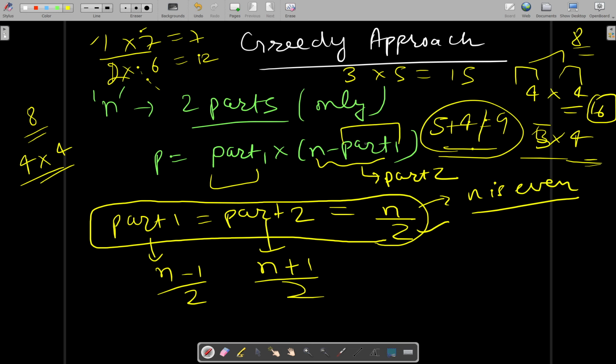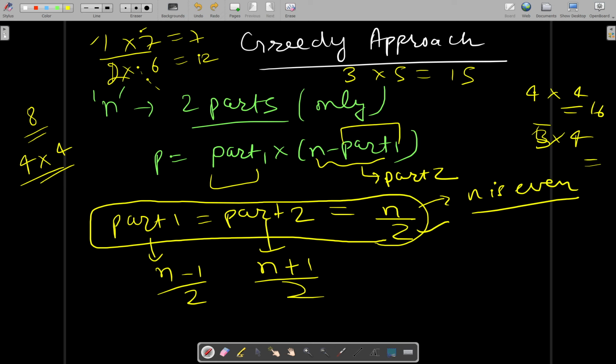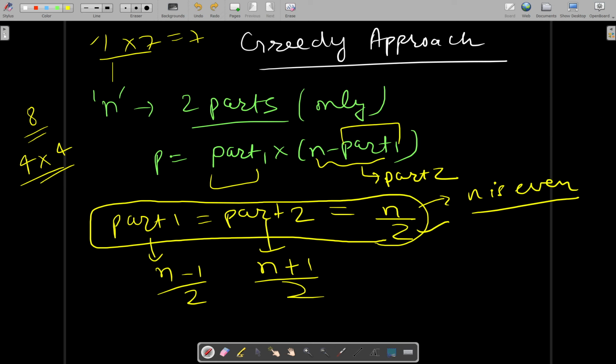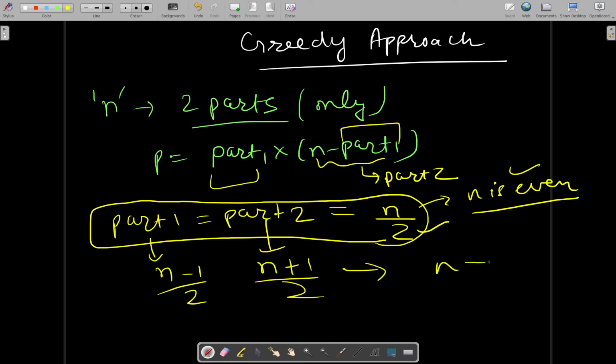So this satisfies that these two observations are correct. Basically it is a single observation. The cases are different: when n is even, and here n will be odd. Okay,